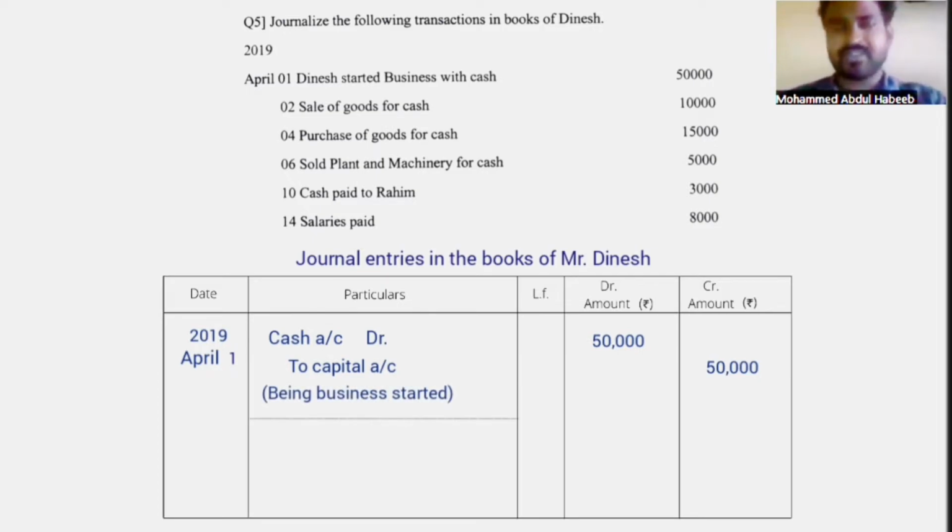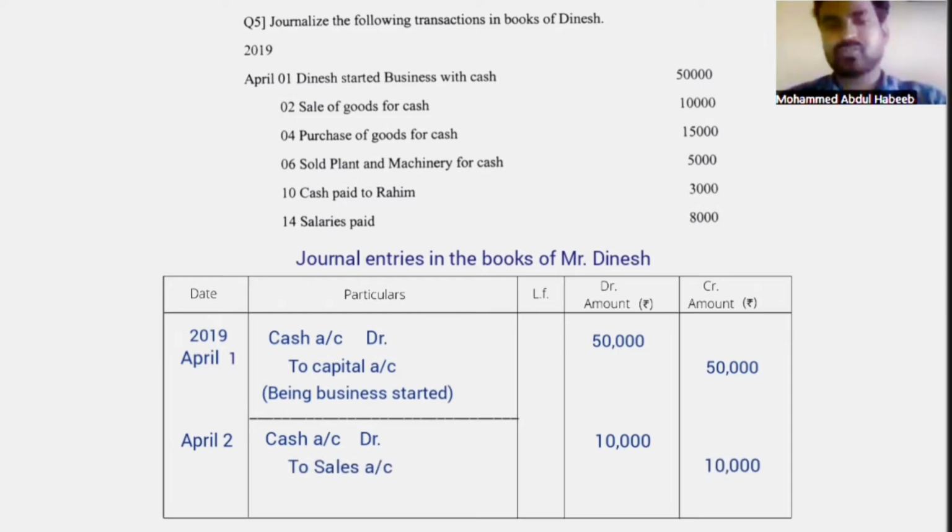started. Then we have another transaction on April 2nd, sale of goods for cash 10,000. It means the business is selling the goods, it is an income, and the business is receiving cash, so cash will be debited. So here the date will be taken as April 2nd. As cash is coming into the business, cash will be debited as cash account debit 10,000, and sales, as it is an income to the business, sales will be credited as to sales account 10,000. So the journal entry becomes cash account debit 10,000 to sales account 10,000, and the narration will be being goods